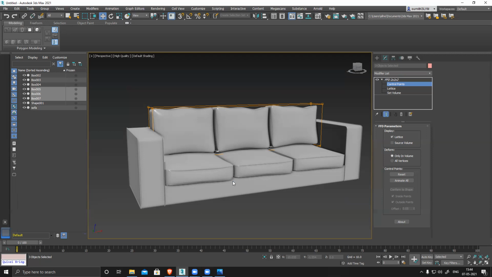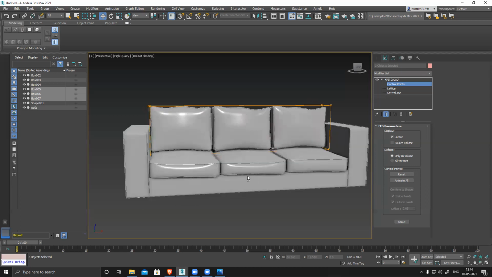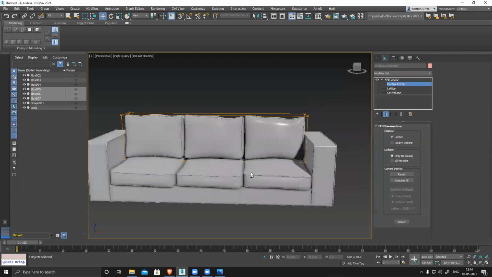But it's very heavy on CPU and GPU. So if you are working on cloth modifier, make sure to switch off, close all the background applications, everything, and then use a high res model. Otherwise, you can use a low res model and then modify it like this.